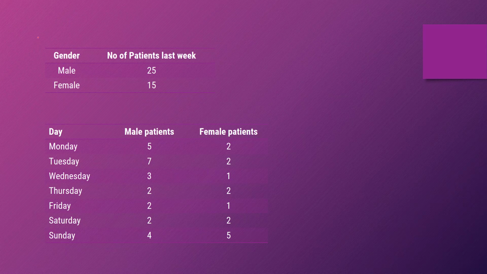So table 1 above is a classification of 40 patients according to one characteristic, which is their gender. So we have 40 patients in the last week, and I have classified them according to their gender, male and female. We have 25 male and 15 female patients in the last week, right? So this is a one-way classification. This kind of table is also called one-way classification,